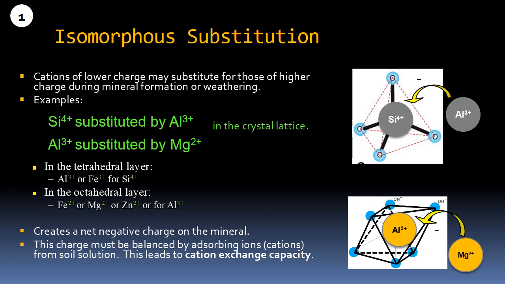As you would see, all of them are now 2+. And that at the end of the day would result in more net negative charges, and that would also mean that those negative charges in the soil should be occupied by something. It means it will adsorb other nutrients in the soil,